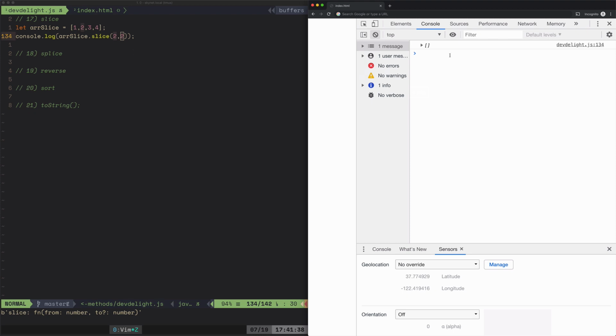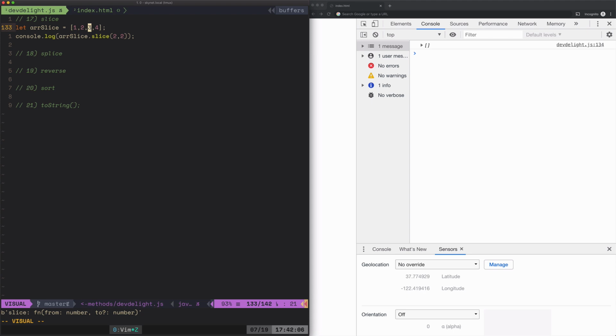Why did that show an empty bracket? Because the end value, so this is the beginning value, which is index 0, 1, 2. So it's telling it to start at 3. However, the end value means slice up to that. So what's happening here, it's not slicing the 3 as we want, because it tells it not to slice up to here. So what we need to do is,